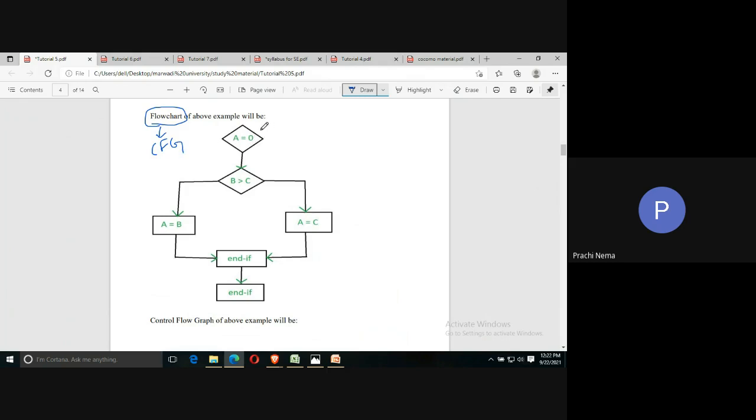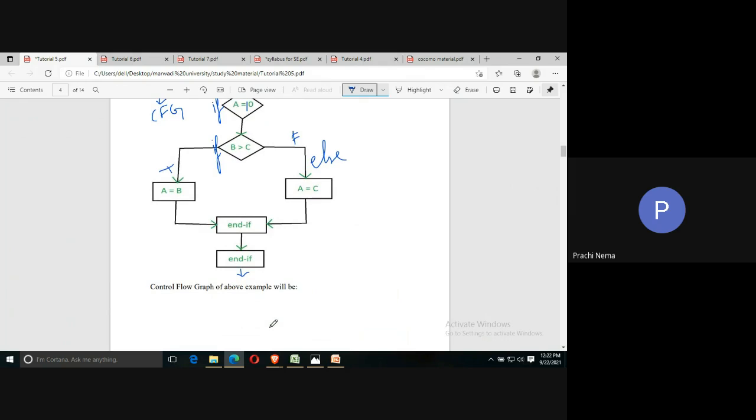So if we draw the flow chart for the code, firstly A is initialized to 0, or you can take 10 as per the code which was there. So A is initialized to 10 and then B is greater than 0, this is the first if which was taken, this is the second if which was taken, both are decision nodes. Then for the true condition they have taken A equals to B, and for the else or the false condition they have taken A equals to C, and both ifs are ending, and finally the control will exit the blocks.